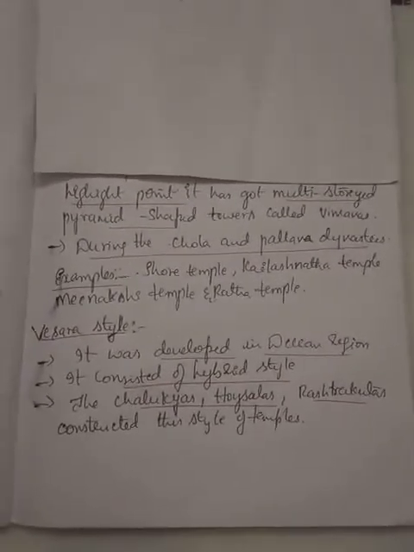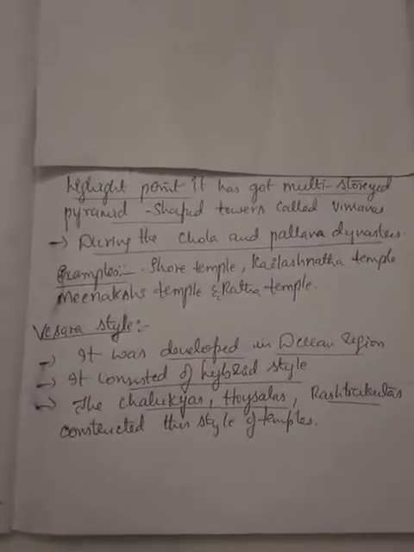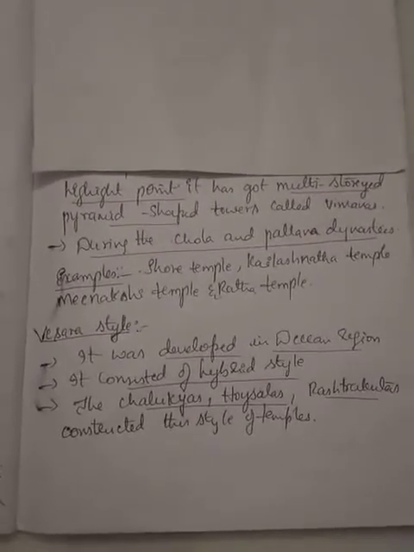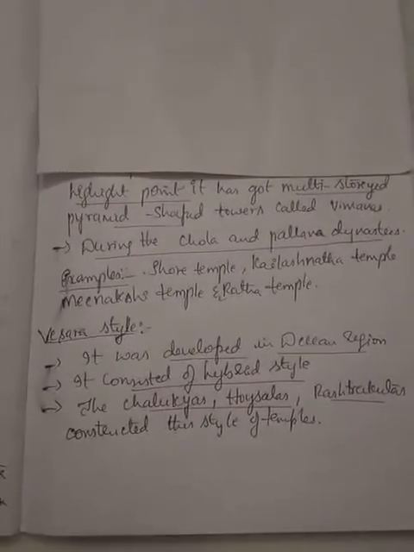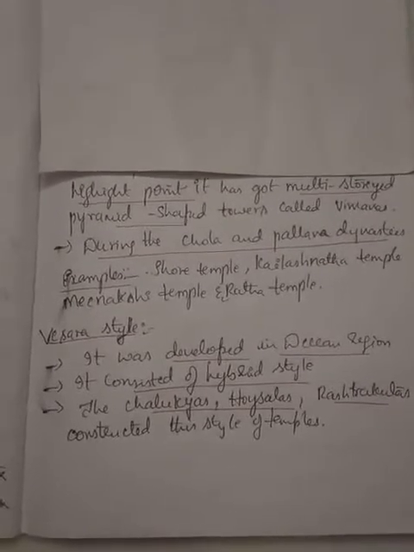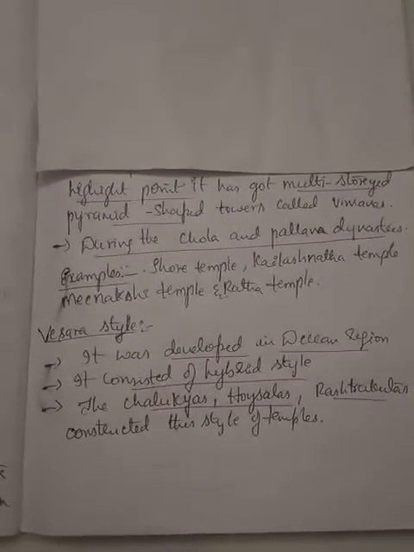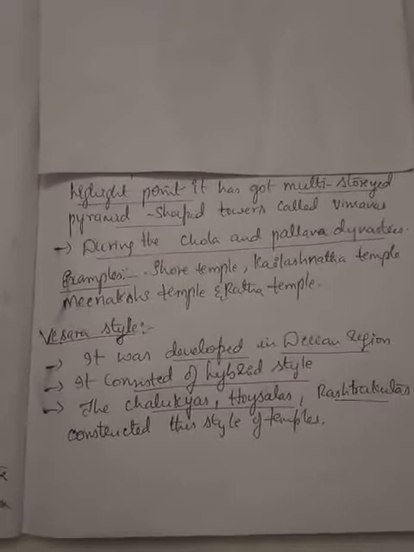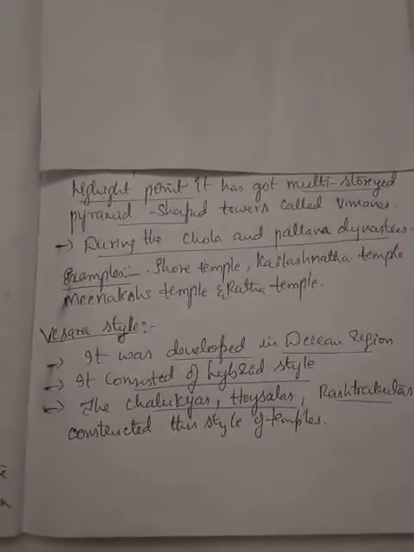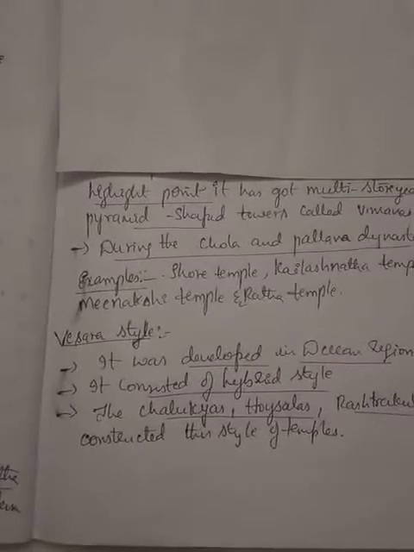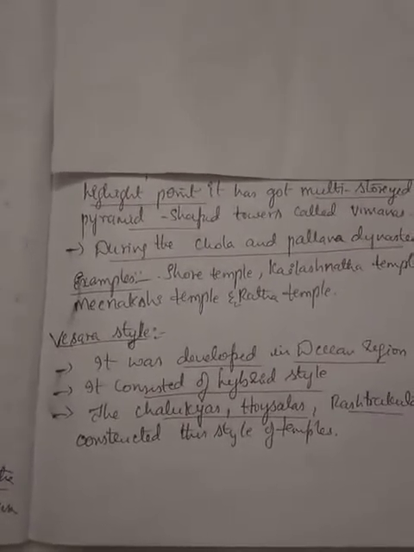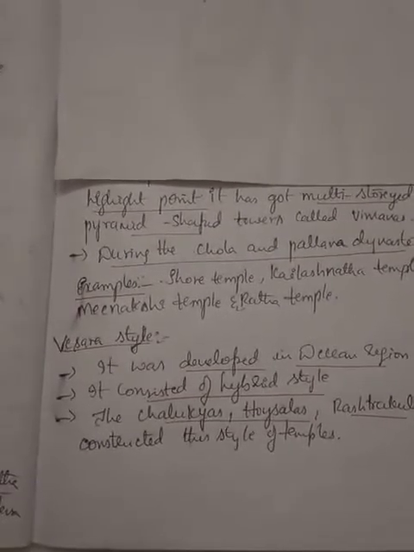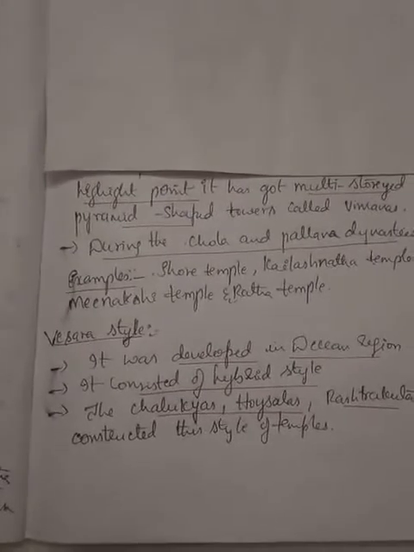So in today's class, students, what we learned is the three classifications of architecture when we consider temples. Basically the temples were constructed in three basic forms: Nagara style, Dravidian style and Vesara style. I will be showing the related temple pictures for today's topic in the live session. The pictures given in the textbook are a bit small, so we'll discuss in detail through pictures how the differences can be seen between the Nagara style and the Dravidian style of architecture in the live session.